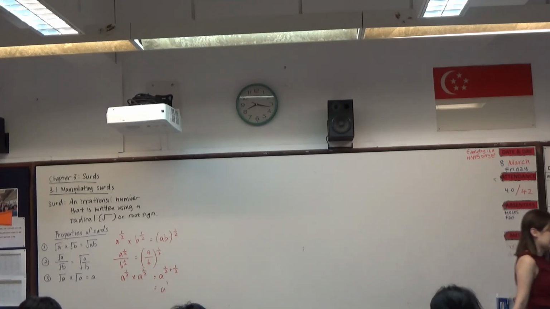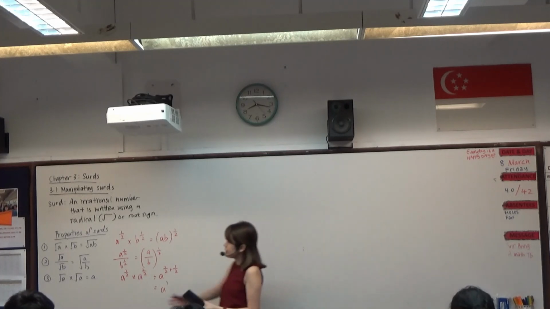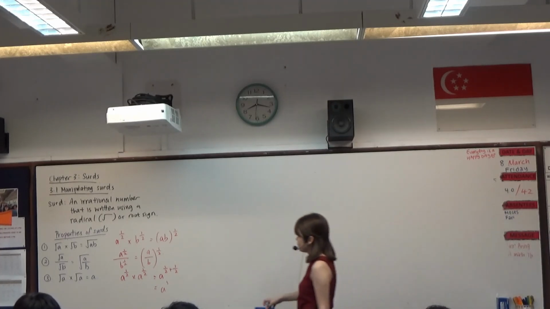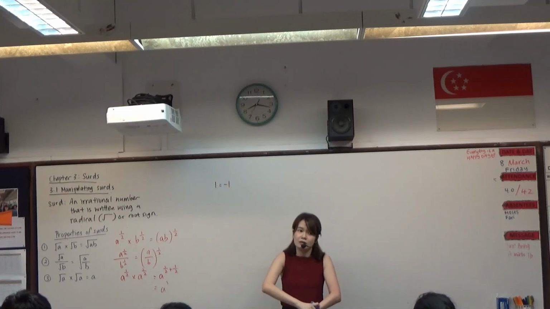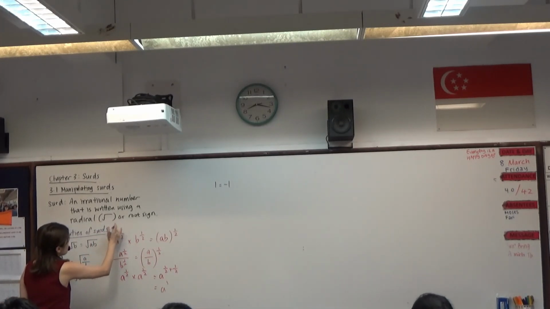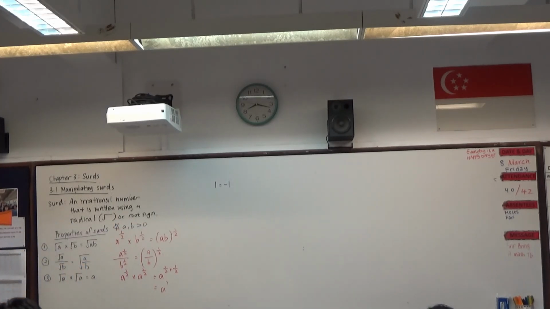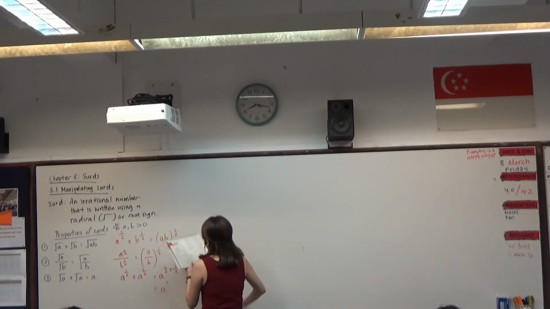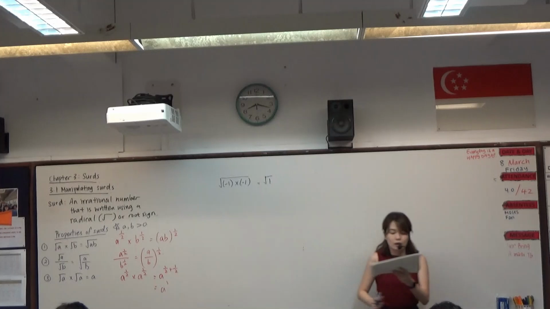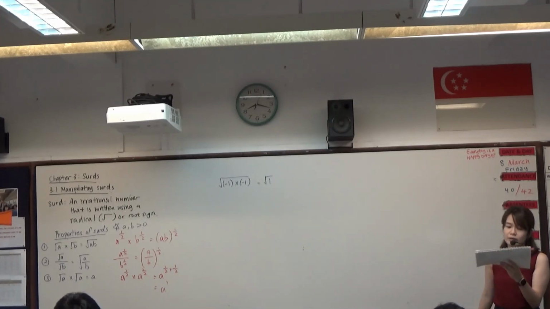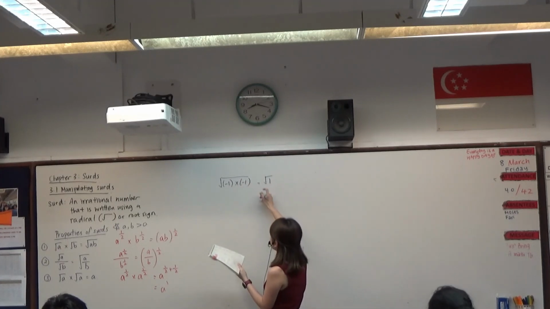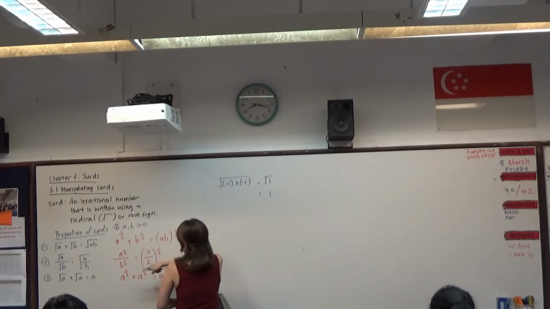An important thing about these properties is that it only applies when the base numbers, your A and B, are positive numbers. It cannot be a negative number, otherwise you may end up getting a contradiction, for example, 1 equals -1. The important condition is that A and B must be more than 0. If I were to define the same for negative numbers, we will end up saying that -1 could equal 1, which we know is not true, because the square root of -1 times -1, which is 1 itself, is 1, and root 1 is 1. But if I were to apply the property,